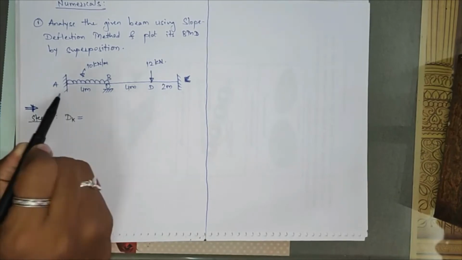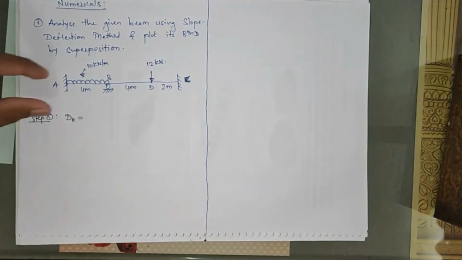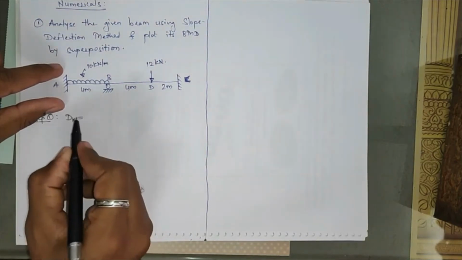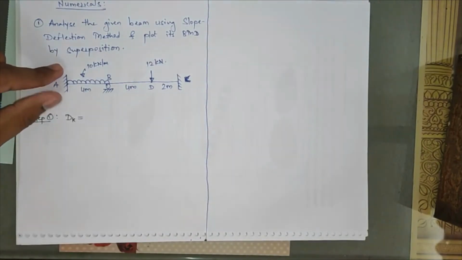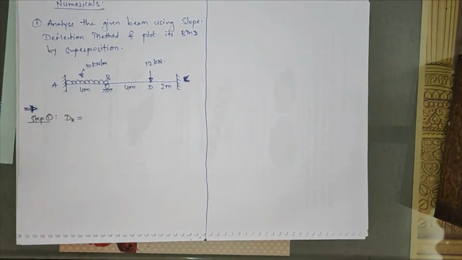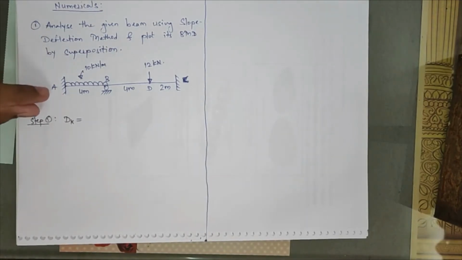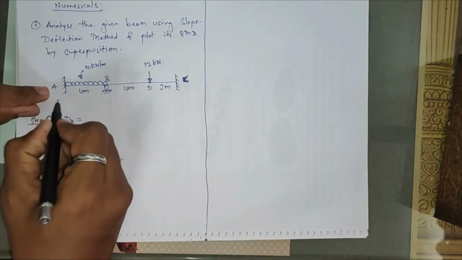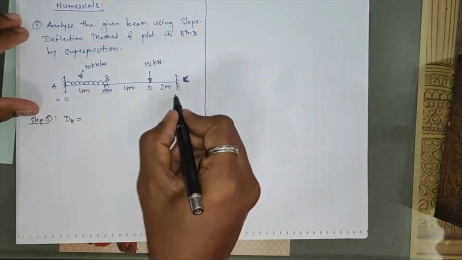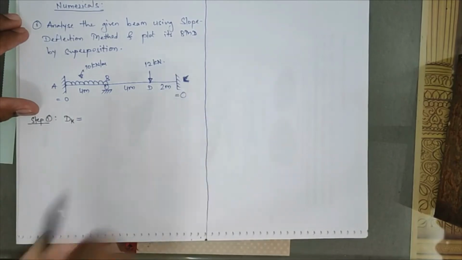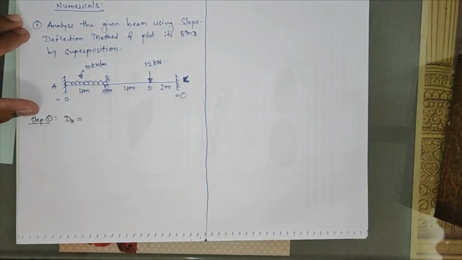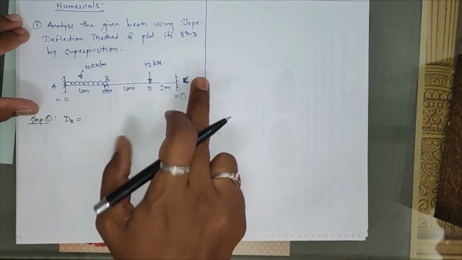Okay, for support A, the specification is that it is fixed. What does a fixed support say? At your fixed support, your theta value and delta value, that is your rotation and your translational displacement, will be 0. Meaning of fixed is what? This joint A is resistant against rotation and it is also resistant to displacements. So at joint A, your DKI value will come equal to 0. Same way at joint C also. As it is fixed, the values of theta C and delta C will again be 0. What about now